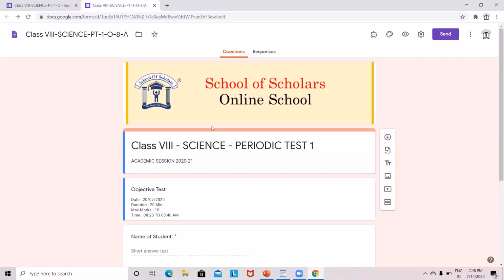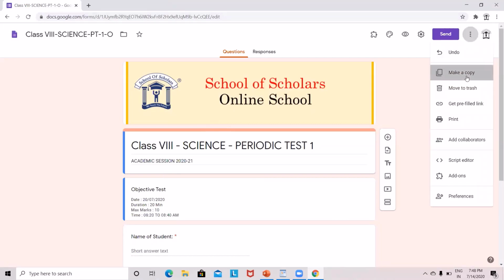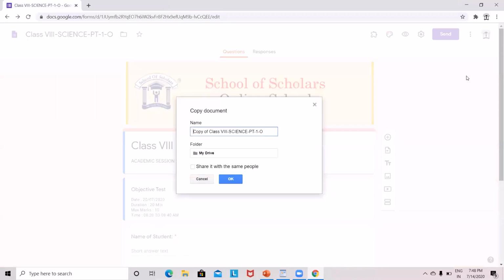I will repeat this process for 8th B now. We can close this tab so we can go to the original paper. Again through these 3 dots, click on Make a Copy. In the resulting window, delete Copy of. And at the end, add 8th B. Click on OK.